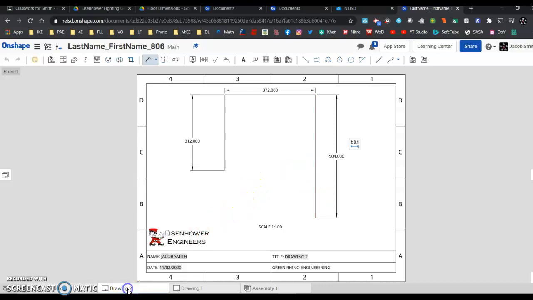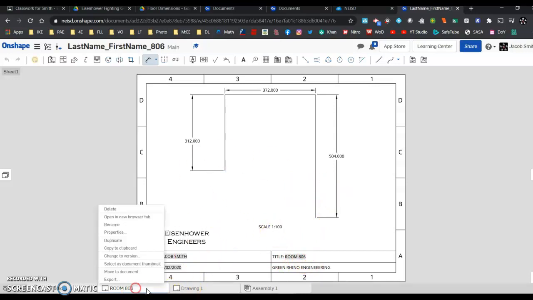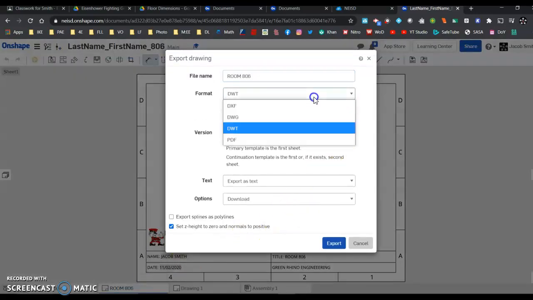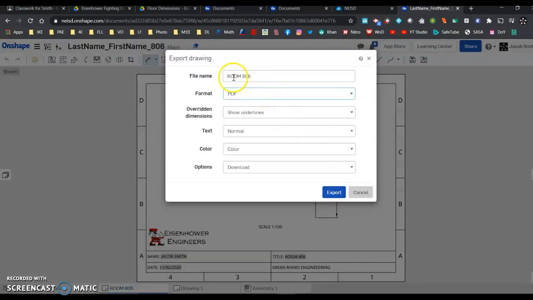Then come down here to the word drawing, double click on drawing. Alright, we're going to right click. We're going to rename it. Let's just rename it to room 806. And you'll notice that when we change 806 here, it changes our title to room 806. Okay? And then we are done, so we're ready to turn it in. We're going to export this bad boy. This time we're going to make sure we export as a PDF. Our file name, let's put your last name, your first name, room